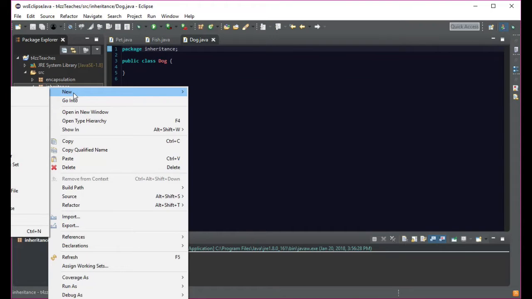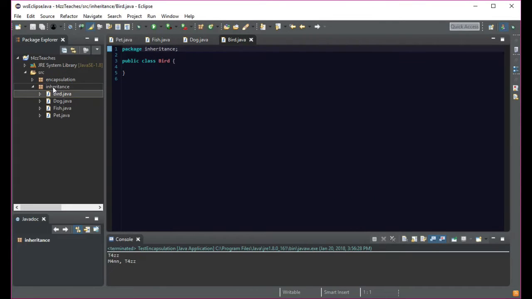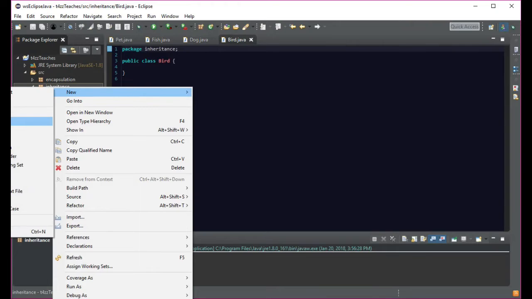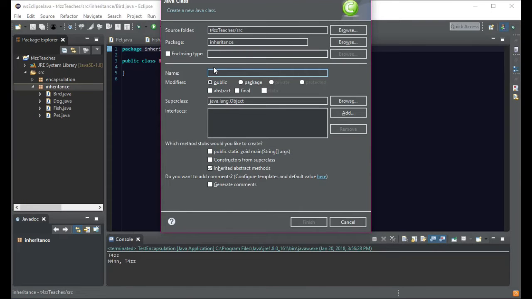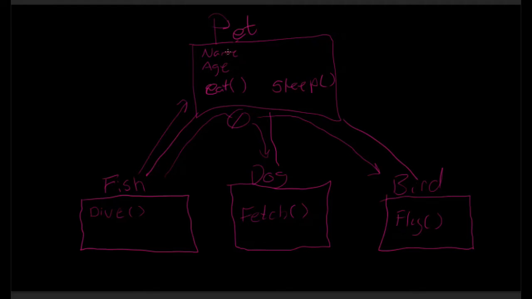And let's do a final new one. Actually, we're going to want two more. We're going to have a bird, and then maybe we'll have the owner class, the actual person who owns it. Maybe we'll call it pet, O-W-N-E-R, owner. And there we go. So as we were saying in our example here, well, let's just use these: name, age,